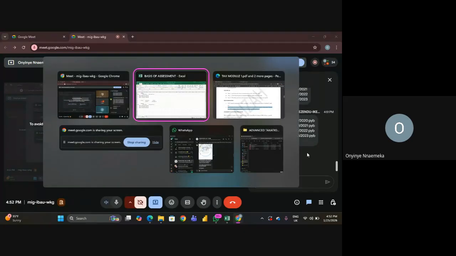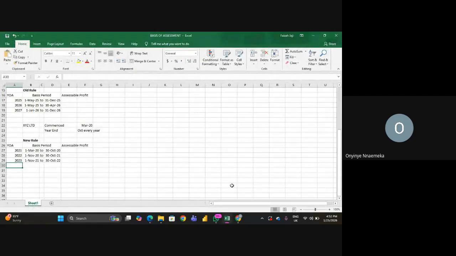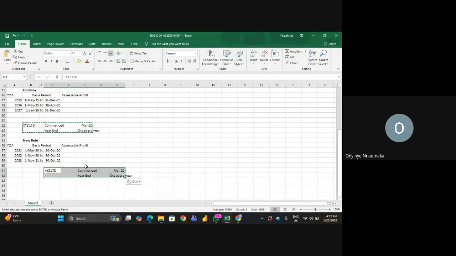Let's do it together. So for question 2, XYZ Limited commenced business April 2020, but makes up account November each year. Let's just copy and edit the information. They commenced business in April instead of May. And this one is now November every year. Now, using the new rule,